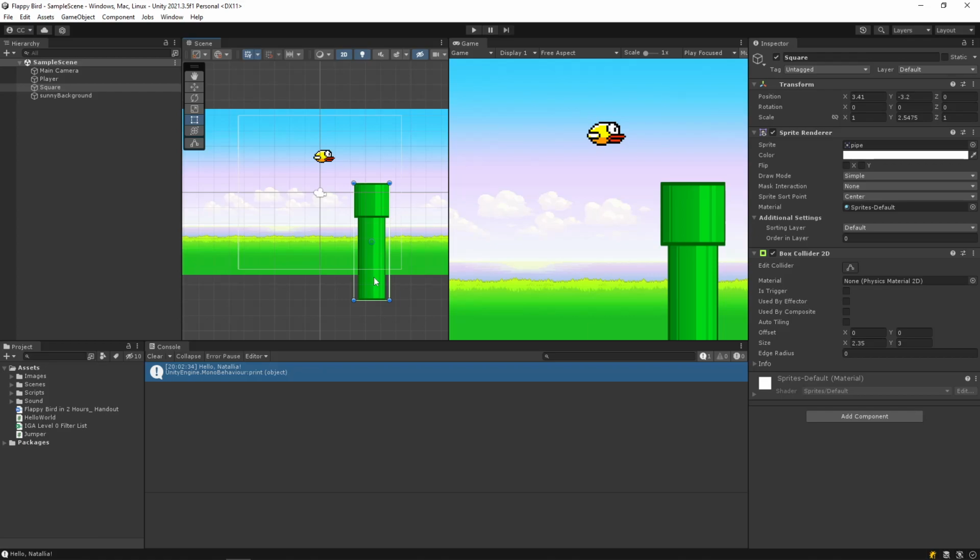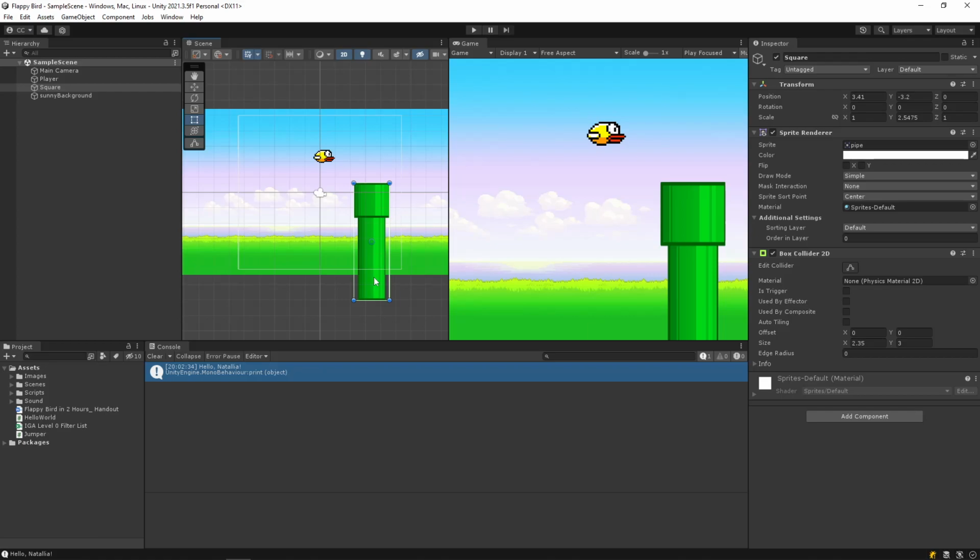Right now we have this square. I'm going to rename this to pipe real quick. It makes more sense to me. And what I want to do is something called a parent-child relationship. What this means is I want to have one game object that is the parent of other game objects. It's kind of like how the scene is the parent for all of these other game objects. The camera is a child of the scene. I want to create a pipe controller that controls a set of pipes, so one on the bottom, one on the top, and then whenever that pipe controller moves, both of its pipes will move with it. So if it moves up and down or to the left and right, the two pipes will move with it.